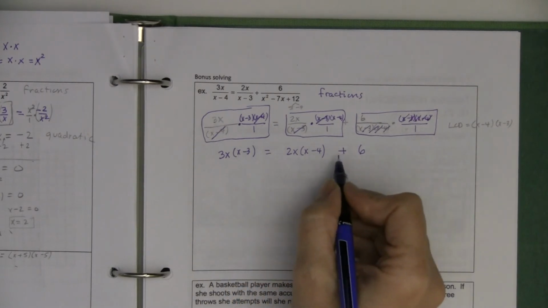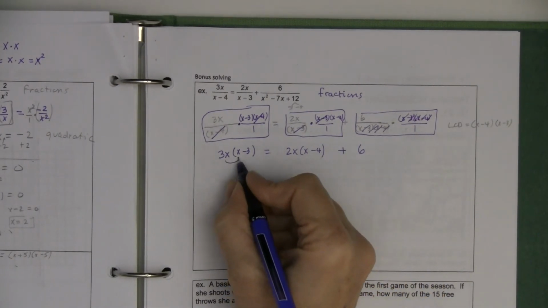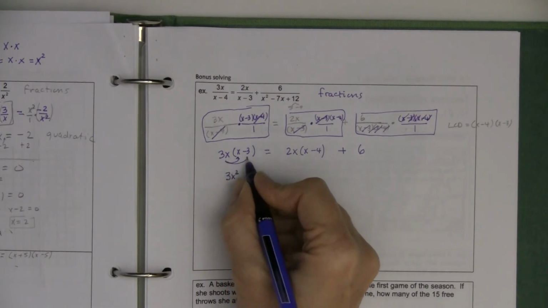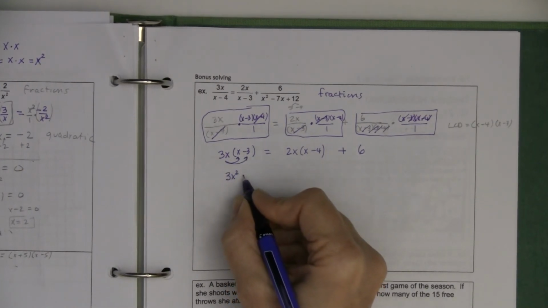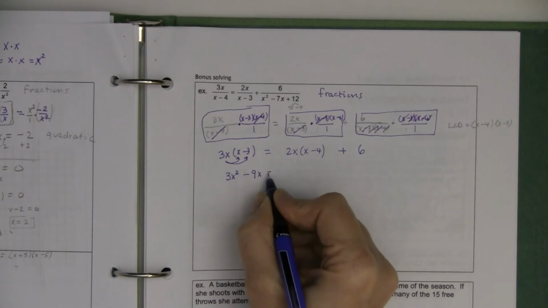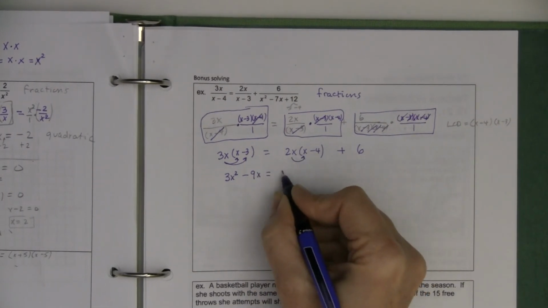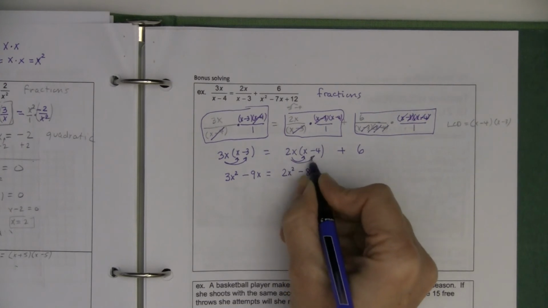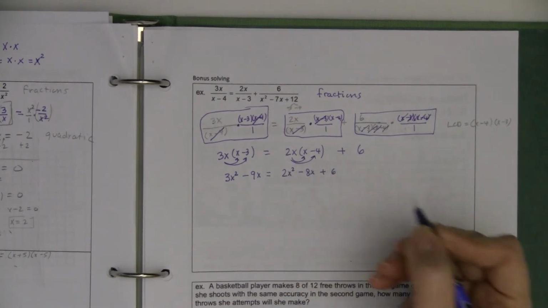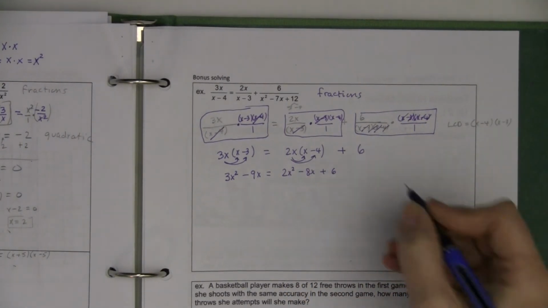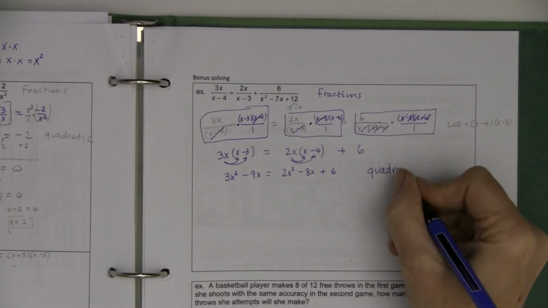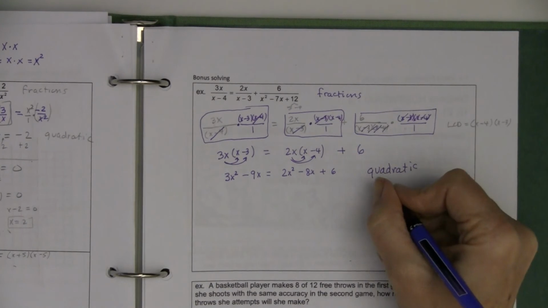I wasn't sure, is this linear or quadratic? But now that I'm multiplying this together, I'm fairly certain that it's quadratic, right? Because there it is, x squared minus 9x equals 2x squared minus 8x plus 6. So because it's quadratic, this is my thought, quadratic means degree 2,